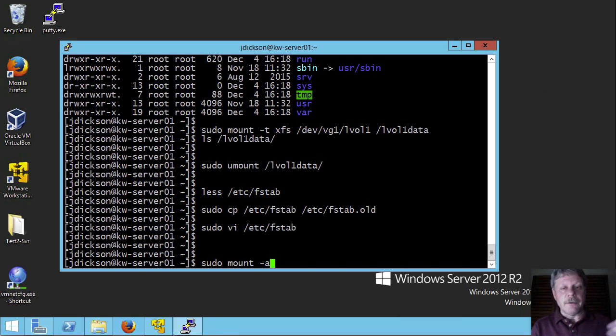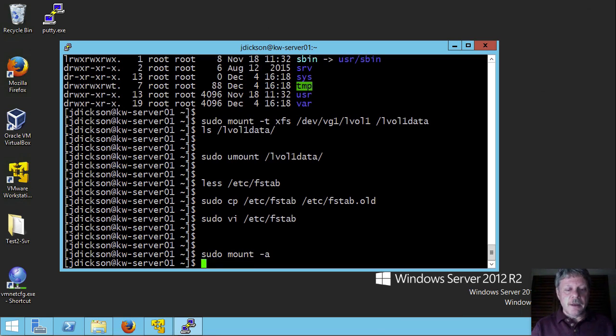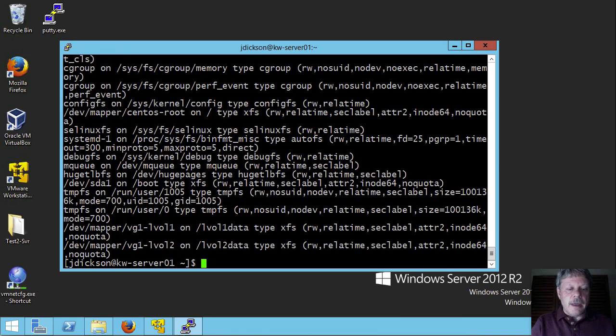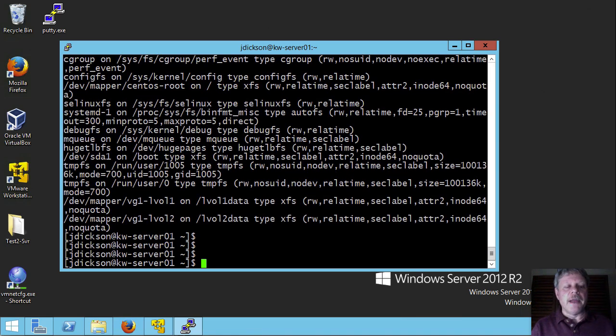So we know that, for example, the file system root is mounted on /. It's not going to unmount or anything like that. But the two new lines that I put in have not been mounted yet. So it's going to actually execute those. And if there's an error when it executes them, that gives me the opportunity right now to fix that problem before it's sometime down the line and nobody knows what's going on anymore. So I'll just say enter. That comes back with absolutely no output, which means it was successful. And if I now just issue the mount command, and if we look down at the very bottom, the last two lines, you can see